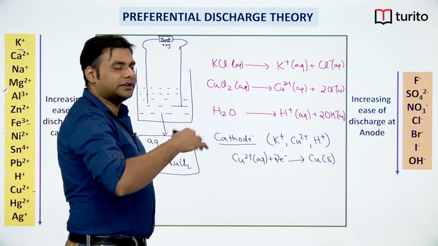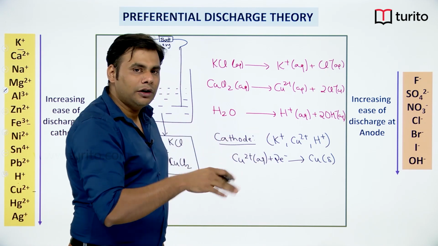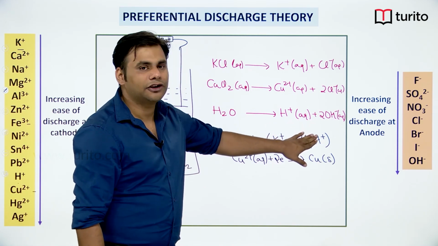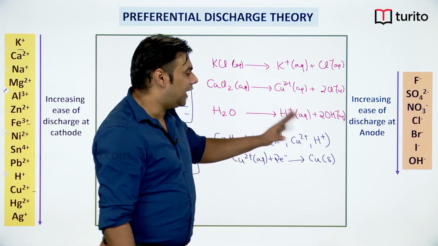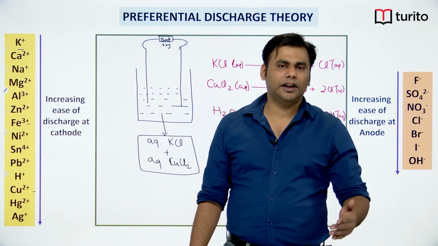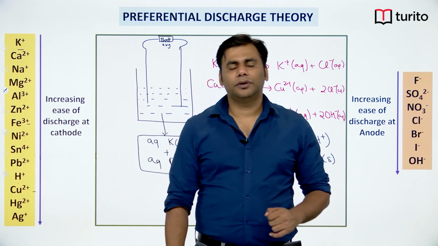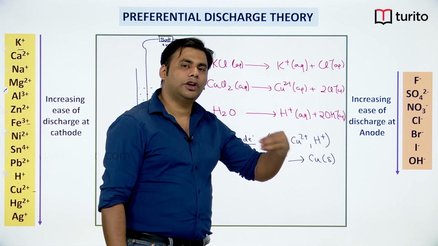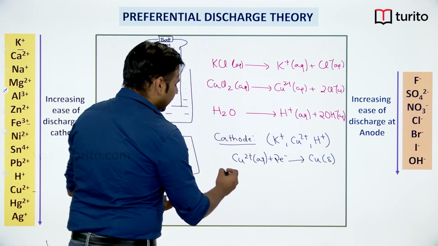Now suppose you are sending more and more current, so it might happen that all Cu2+ is consumed. Now in the solution copper 2 plus would not be present, so it will be left with K plus and H plus. Then after all the Cu2+ is consumed, H plus will get reduced because H plus has a more positive reduction potential, zero reduction potential, or less discharge potential. So after that 2H plus would take up 2 electrons and change into hydrogen gas. Now similarly if you look at the anode,